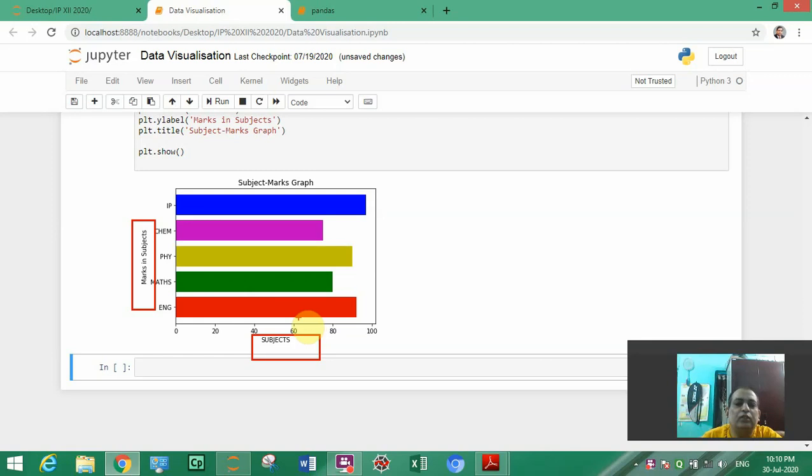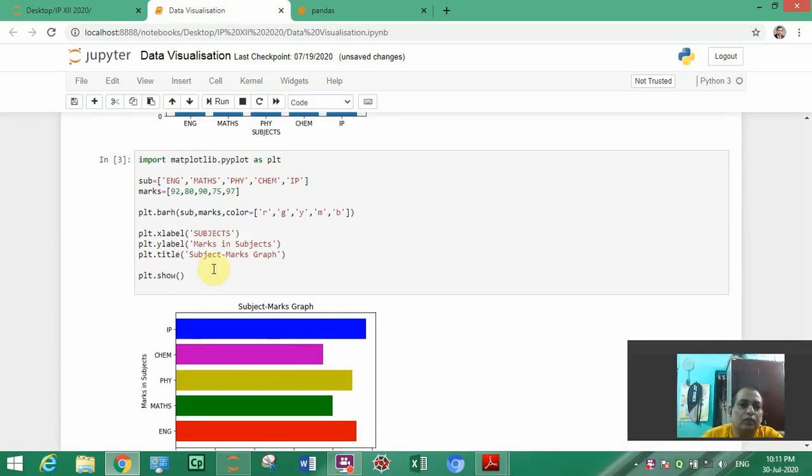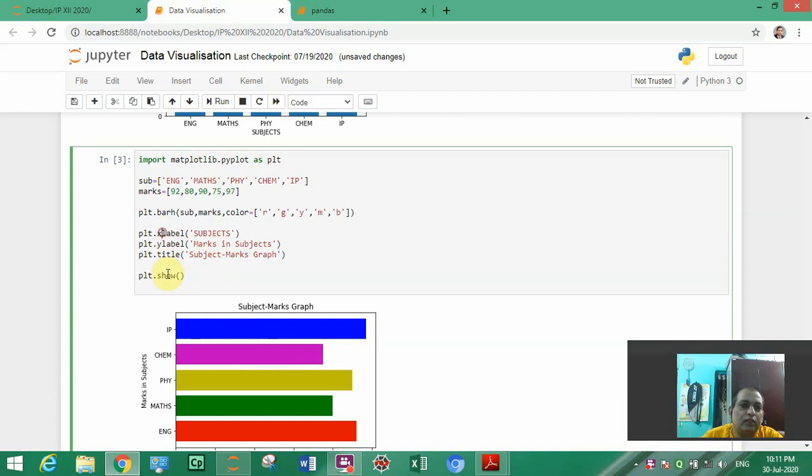So these things you have to modify accordingly. I'll change the y label, and here the x label. So at the x axis subject will come and at the y axis marks will come.